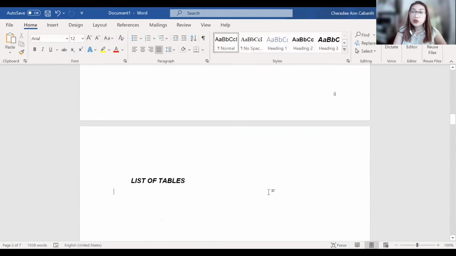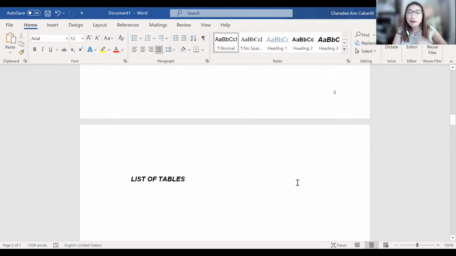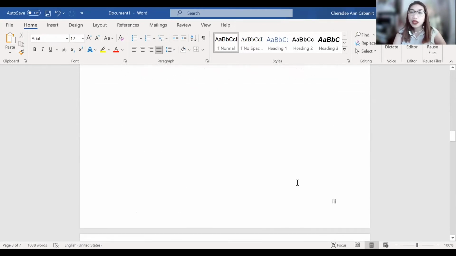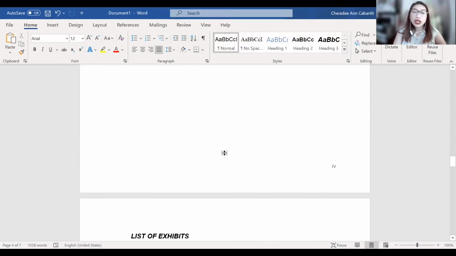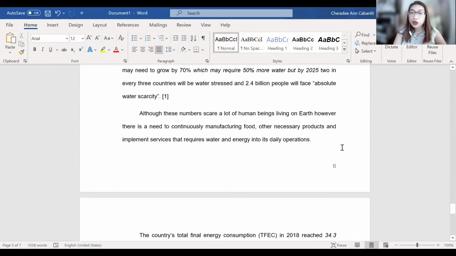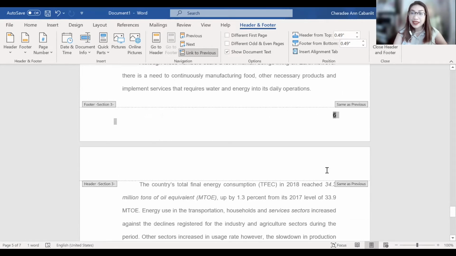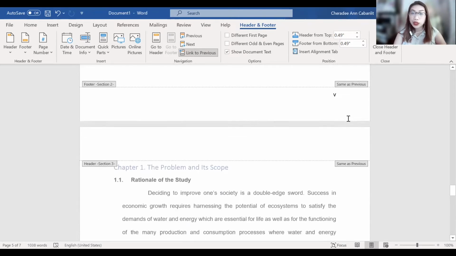Now, of course, when we put a table of contents, we have to have correct paging, right? So for the correct paging, of course, the list of tables, the figures, the exhibits are in Roman numerals. But for your chapter 1, usually it should be in numbers. Now, how did this happen when this one is page 6, but it's already in Roman numerals? So what I did in order to do that,